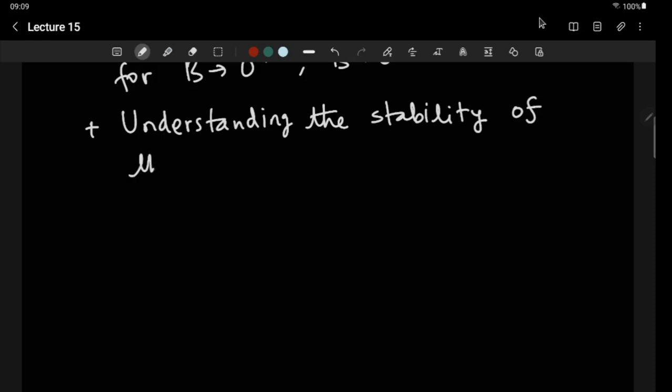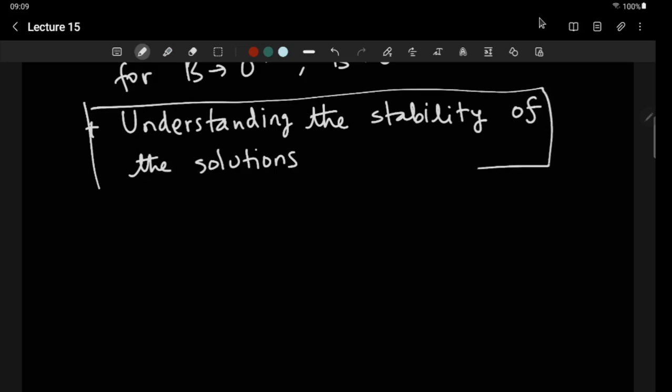Of the solutions. This is something we didn't do. I just have been stating. So I'll show you what I have in mind. And so